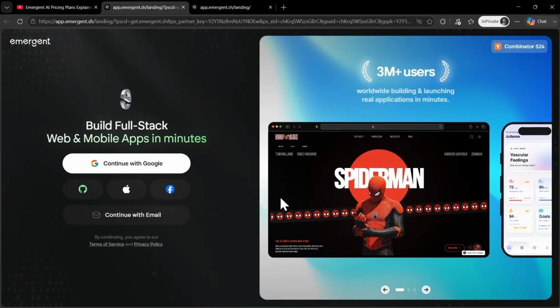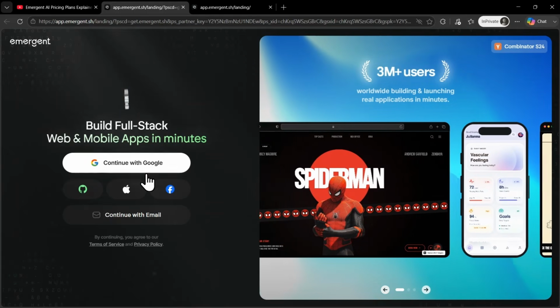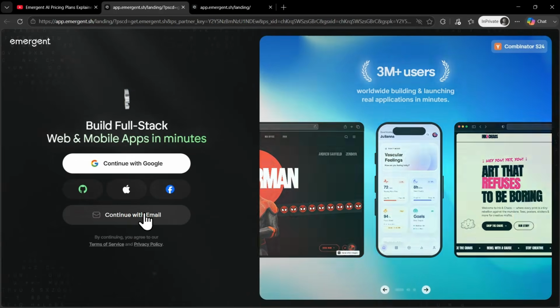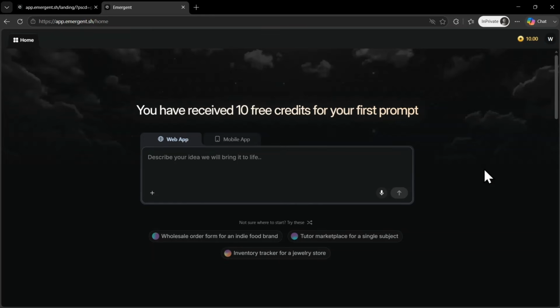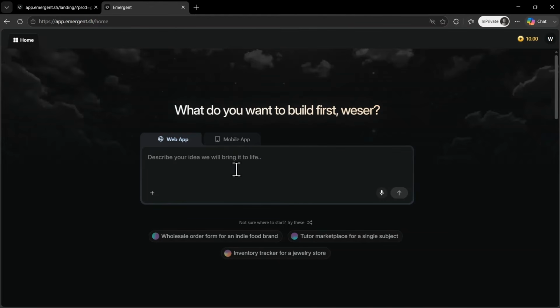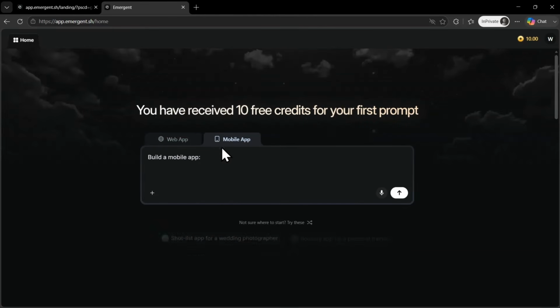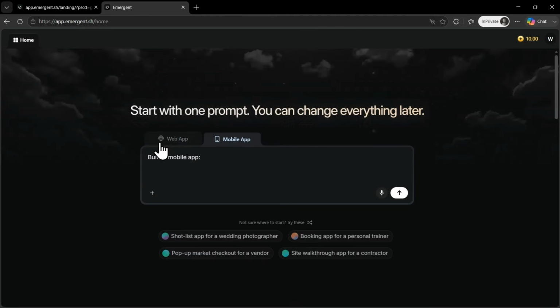Once you're there, sign up using a new account, either using Google or by creating an account with your email. Once you sign up, this will be your dashboard. As you can see, you've received 10 free credits, so you can start building right away. At the center of the screen, you'll see a prompt area where you describe the website you want to build. You also have the option to build a mobile app, but in this video, we'll be focusing on building a